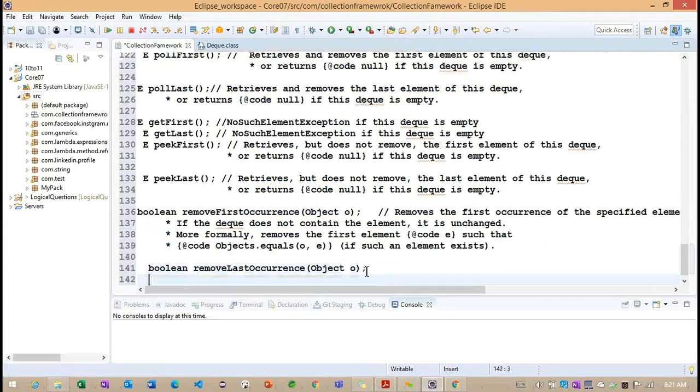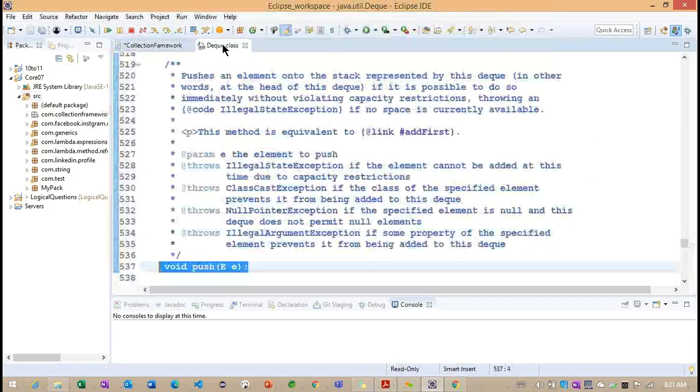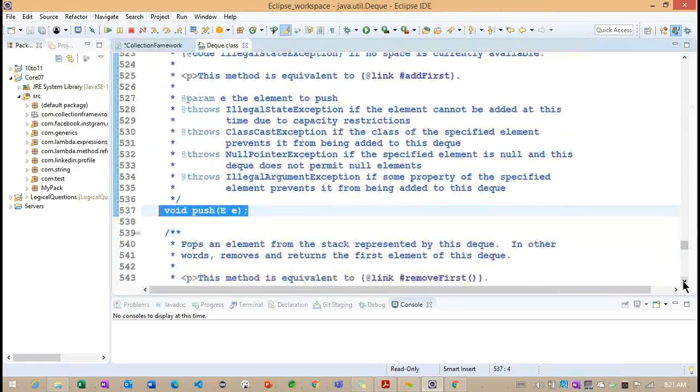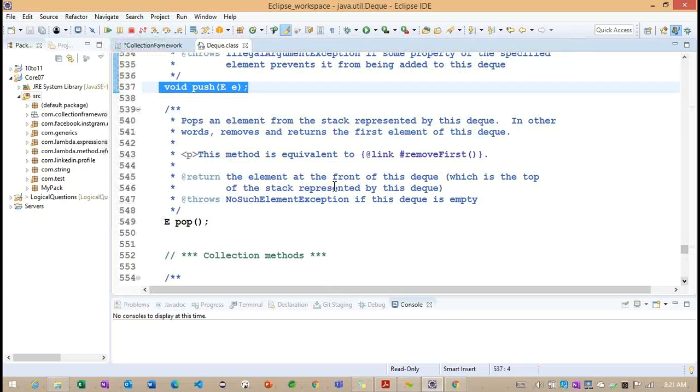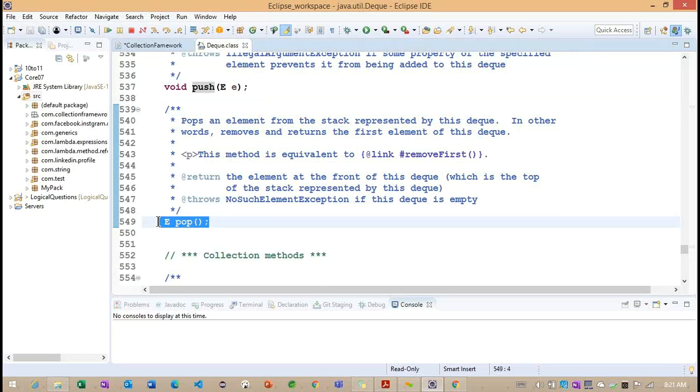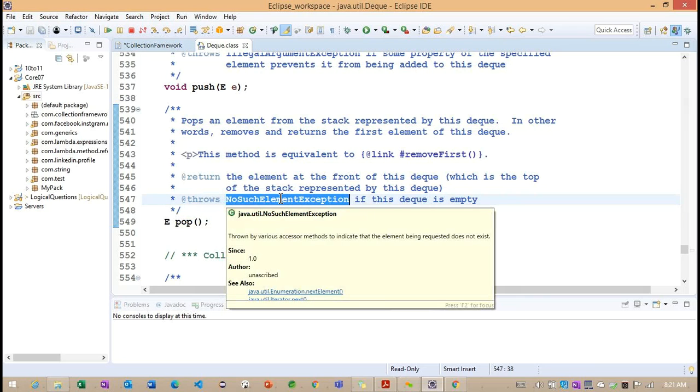Okay, so back to here. I added the push method information into our notes, and the pop method. What will this particular pop method do? The pop method will load the object from the Deque, and if the object is not available, if the Deque is empty, we are going to get an exception here.